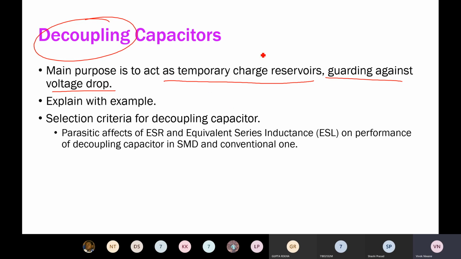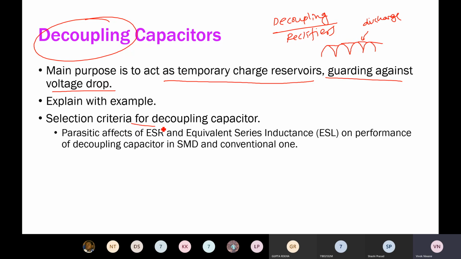Okay, so you can say that कि decoupling capacitors are just like capacitors used in your DAC, or not really DAC, ADC or rectifiers. जहां पे आपका analog signal होता था and your analog signal has been rectified and it gets smoothened due to the discharging time of the capacitor. ये क्या है? Discharging time. Okay, so the abrupt change in the voltage levels has been smoothened due to the capacitors.